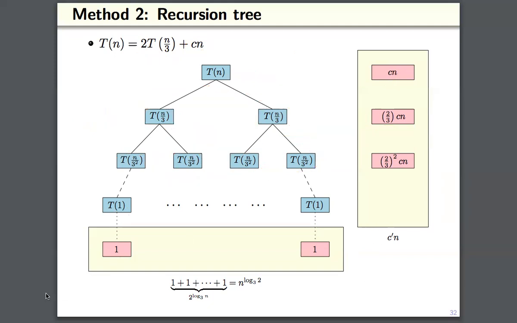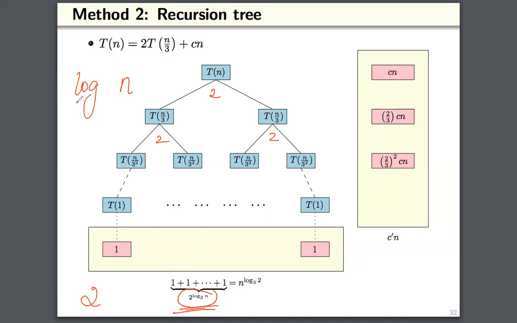Now look at this. How many ones are there here? 2 power log n base 3. How did we get this number? This is a binary tree, right? The branch factor is 2 everywhere. So it should be a power of 2. 2 power what? 2 power height of the tree. What is the height of the tree? Log n